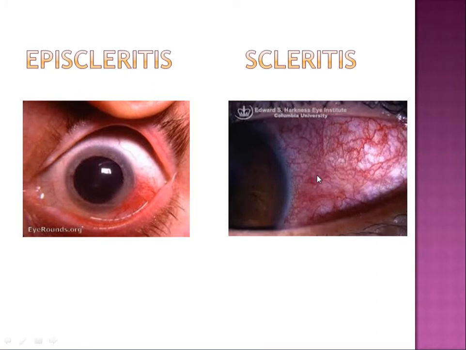So patients with immunological problems or rheumatological problems, like rheumatoid arthritis, being one of the common reasons. So you have to investigate for any HLA-B27 problem, or whether the patient is having rheumatoid arthritis. So you have to investigate for the immunological reasons in case of scleritis. And scleritis, because of the scleral tissue involvement, will be intensely painful.